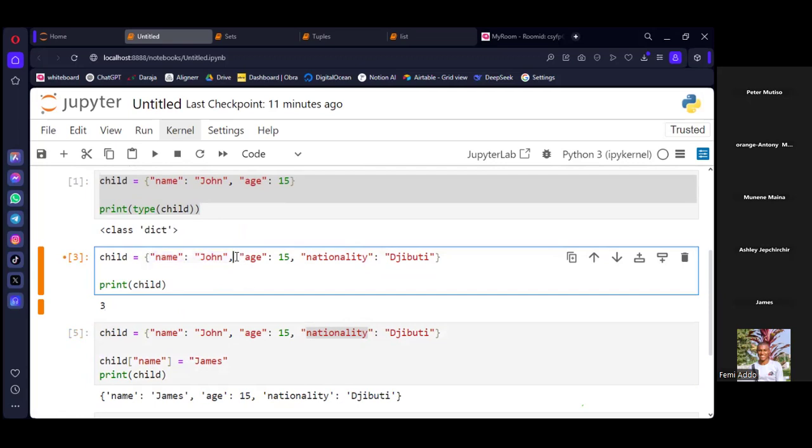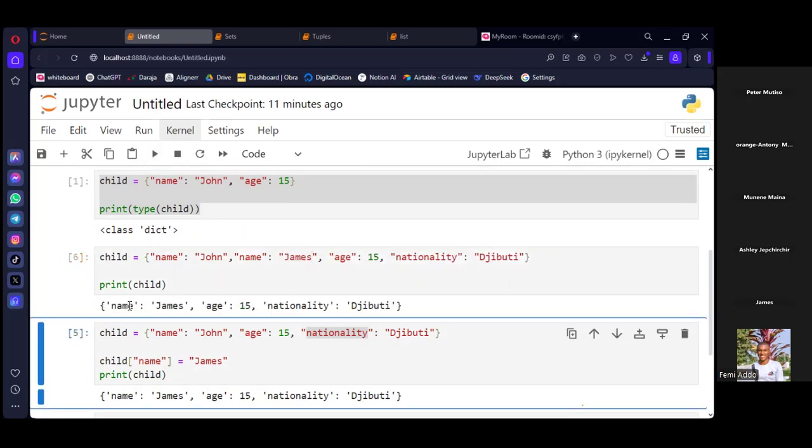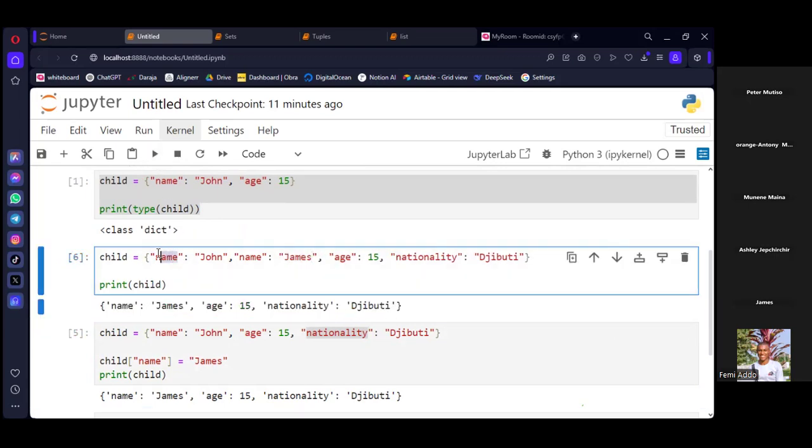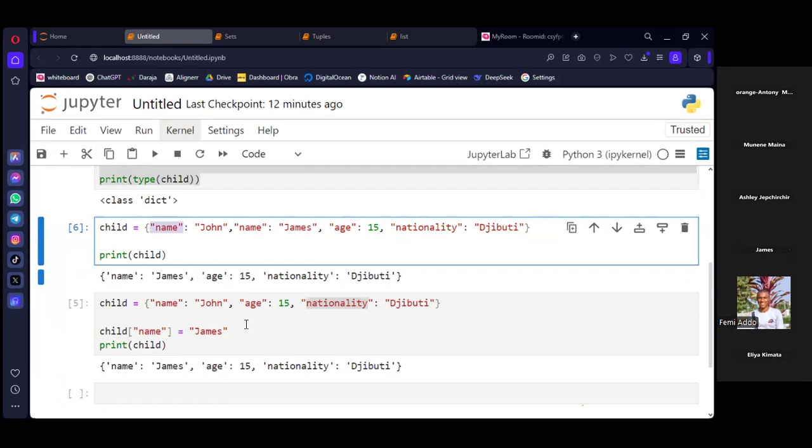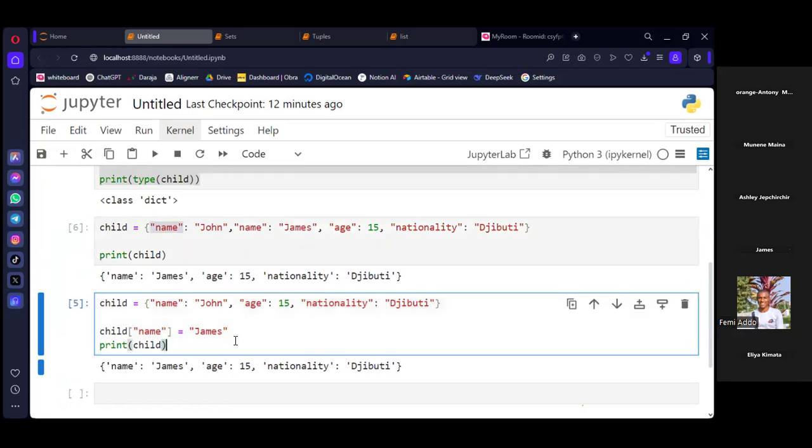So when I add another name John, even though I change the value here to James, the output is going to be just one name. So you cannot have duplicate keys.